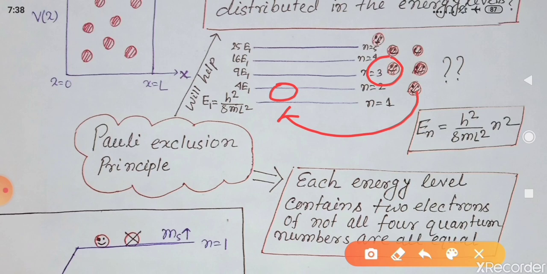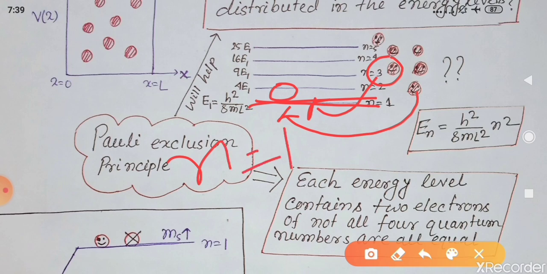It can also take this ground level, but there should be one condition, that all four quantum numbers should not be equal. That means if the second electron wants to be placed in n equal to 1, the ground energy level,